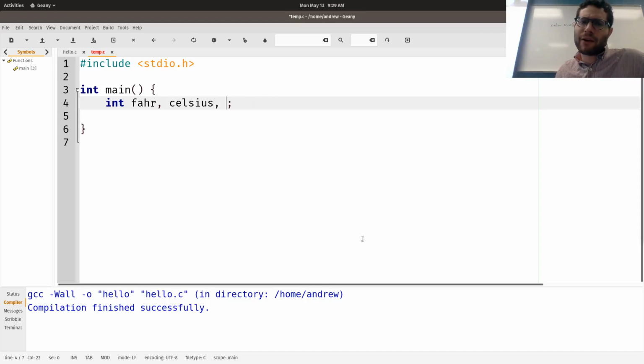Also, variables can have pretty much whatever name you want. There are a couple of rules that you need to follow, but so long as you make them basically with lowercase letters, that's all cool. Things that don't work, starting with a digit, for instance, that won't work. That's pretty much the biggest rule there is. You can't start a variable with a digit. It can't have a space in it. Another thing is that you can only use characters that are alphanumeric. So in other words, any letter, capital or lowercase, will work. Like this.